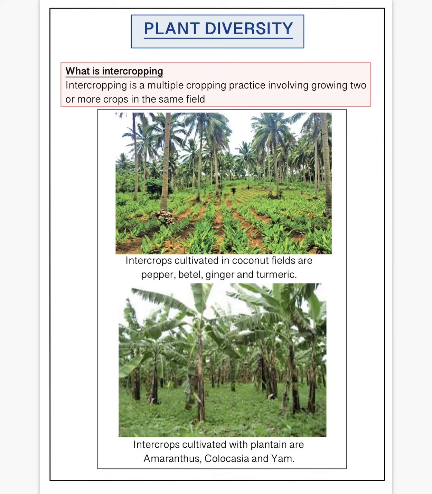Third, I think you know what is soil erosion. The topsoil, if there is rain or heavy wind, the topsoil is washed off. Now when you have these crops along with coconut, say ginger and turmeric, the top fertile soil is not lost by soil erosion. So this is called intercropping. These 2 examples you have to learn from your notebook. So what is intercropping? Intercropping is growing 2 or 3 crops in the same field. Out of that, one will be the main crop. Other crops are supporting it. So this is what is called intercropping.